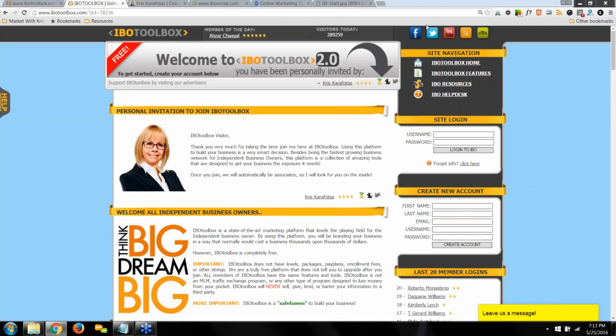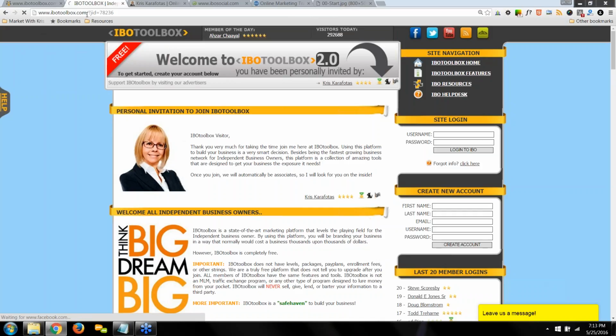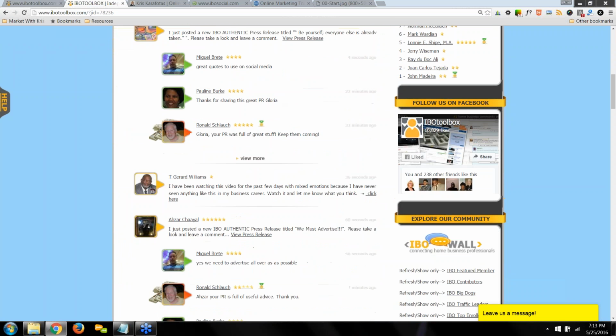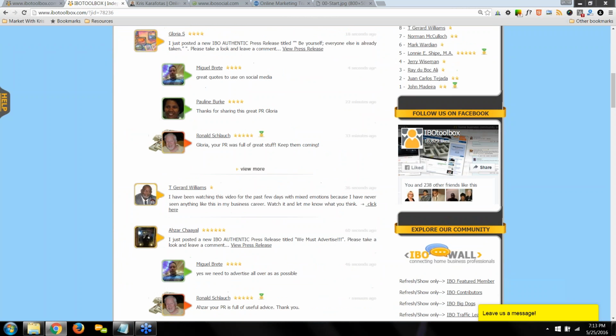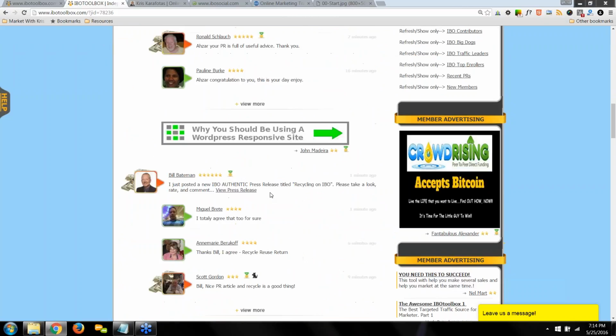And if you go to the outside, let's say you ran across IBOtoolbox or somebody's invite page, and I just did my invite page because if I try and go to the main IBOtoolbox.com, it will log me in. So this is the main invite page. So you're actually seeing the same thing. And there were a couple of posts that snuck in here. Okay? So powerful, powerful stuff.